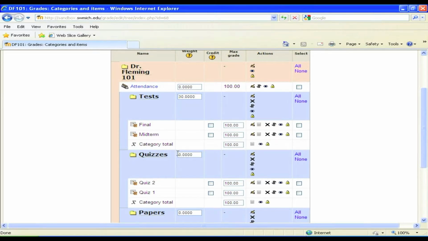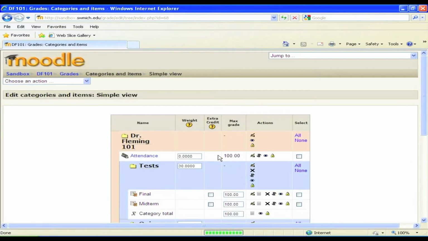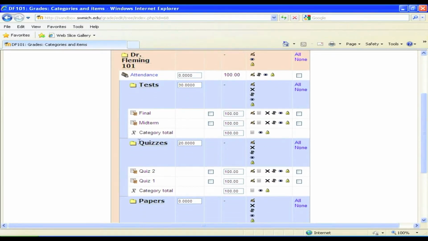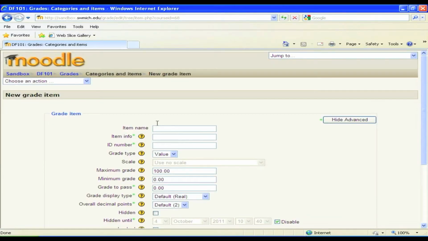All right, let's say your quizzes are worth 20%. So you put in 20 there. Hit Save Changes. And that's now permanently recorded as 20%. And finally, we're going to do papers. So give me a second to, again, have us put in,